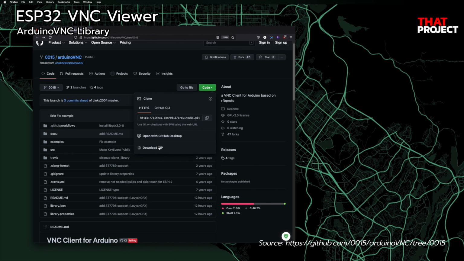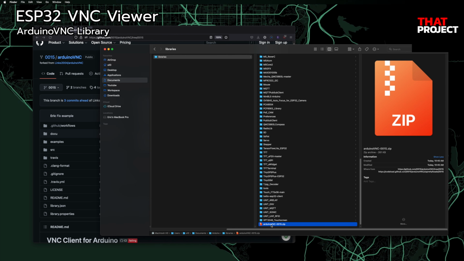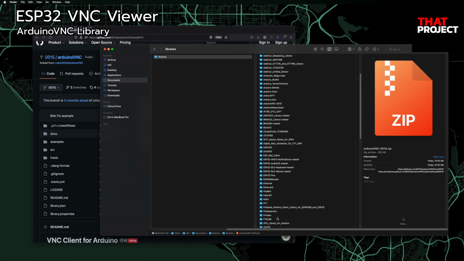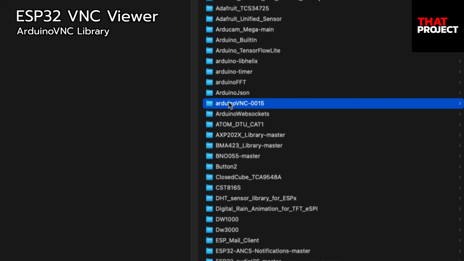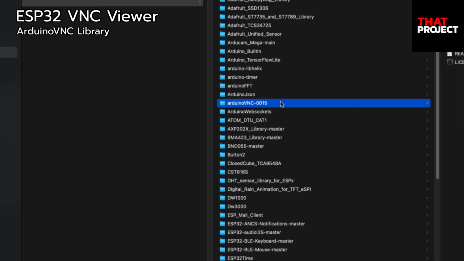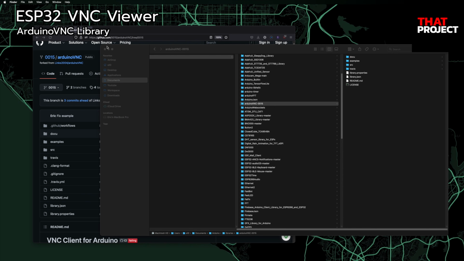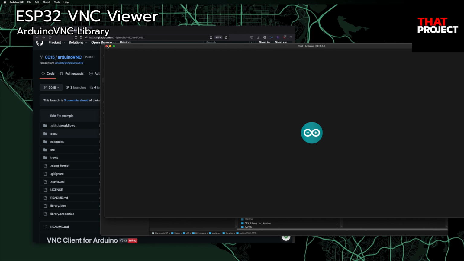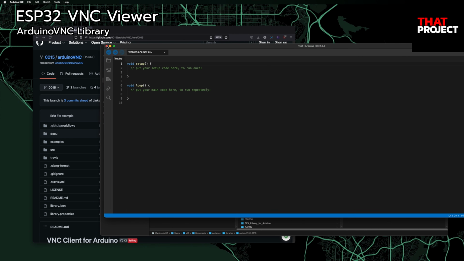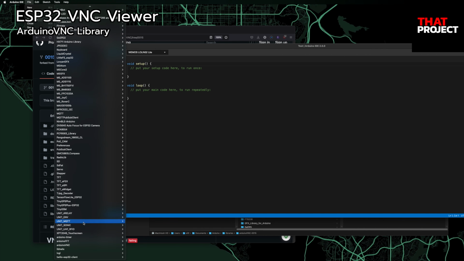VNC is a graphical desktop sharing system, so a screen is absolutely necessary. Personally, the reason I use LovyanGFX is because it's the fastest GFX library for drawing a screen. If you need to use TFT SPI for your display, there is already an example for that. I have prepared two versions here. One is to create a VNC client using ESP32 Berry, and the other is using the WT32-SC01. I'm not selling ESP32 Berry yet, so the reason I prepared two versions is to show that you can make a VNC client on other systems without ESP32 Berry.